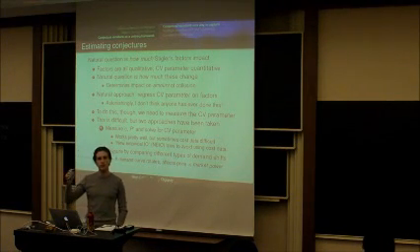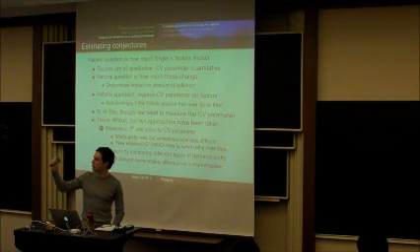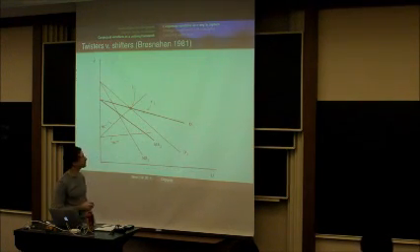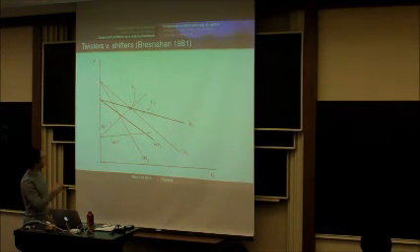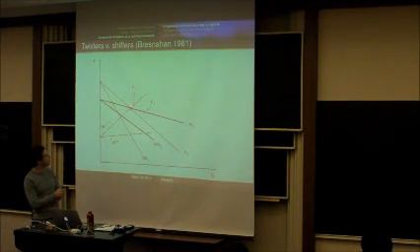Because the extent to which the price is affected by the slope of demand determines the extent to which firms are acting with market power, right? So to see that, imagine that initially we have this demand D2 here. And then we switch to this demand D3, right? Well, in a competitive market, that's not going to change prices at all. But in a monopolistic market, that would cause firms to lower their prices by a lot because it's going to cause the marginal revenue curve to move by a bunch, right?